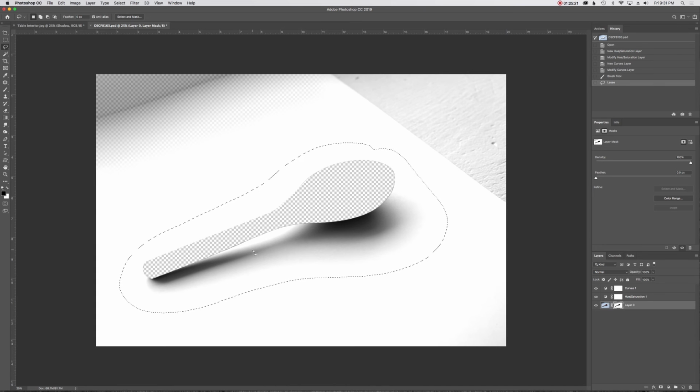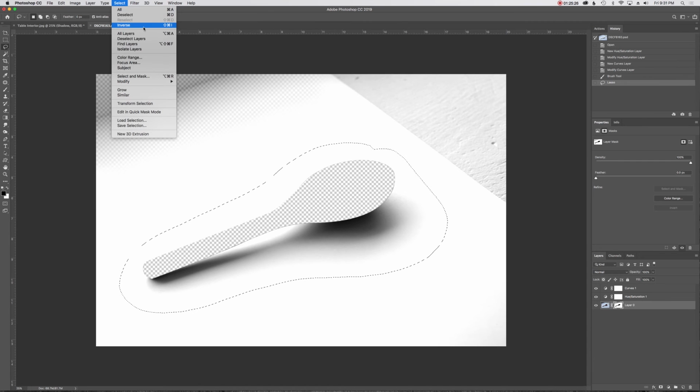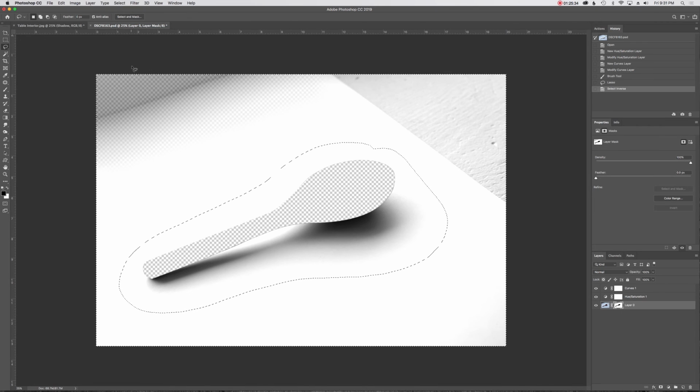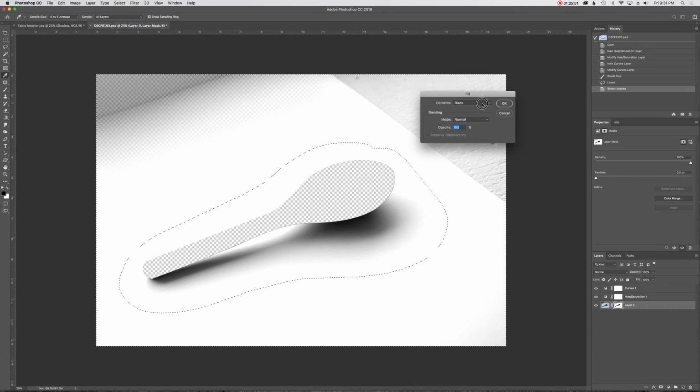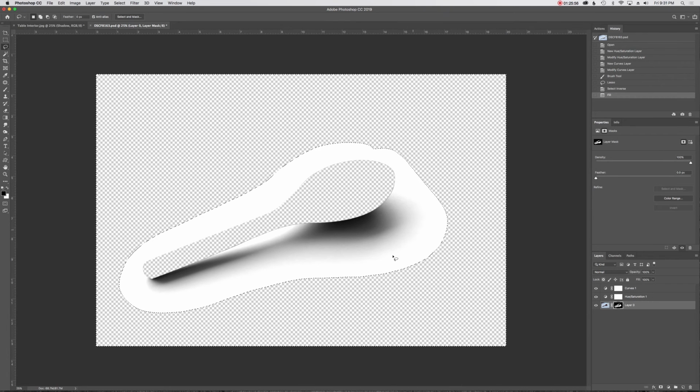And then I want to inverse my selection. So you can go Select, Inverse, or use the shortcut it shows you there, Command-Shift-I or Control-Shift-I on a PC. Click Inverse. It's going to flip our selection, so now all the background is selected. Then I want to fill those parts that we've selected of my mask with black so that they don't show up at all. We want to get rid of it all so you can't see it. So I'm going to right click, Fill, and make sure my contents are black. I'm going to fill it with black, hit OK,